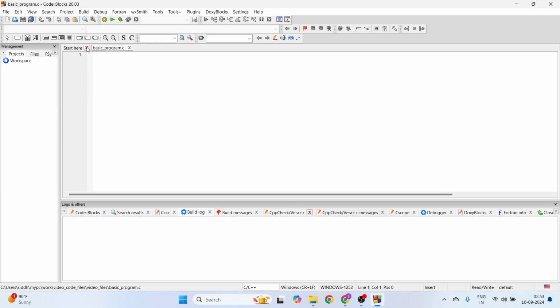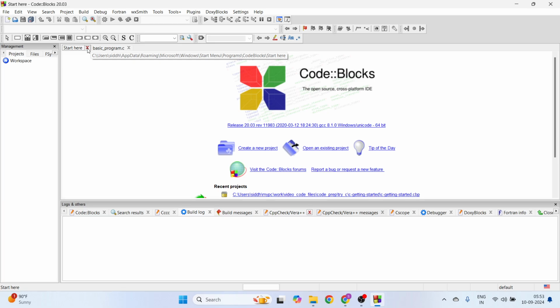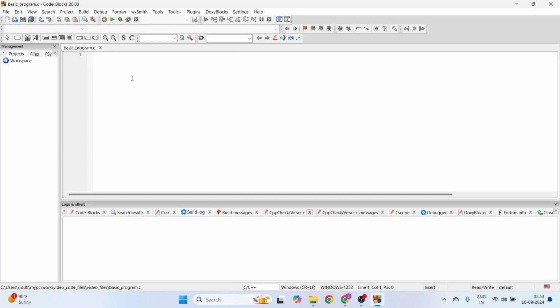So this is our workspace, and we have this basic program .c. So this is the start here. I'll close this one. So this is a place where we are going to write our C programs. So let's just write a very basic C program of printing hello world, and then make sure the compiler and other stuff are working. So here I'll say hash include stdio.h, and then let's say int main, open the curly braces, and say